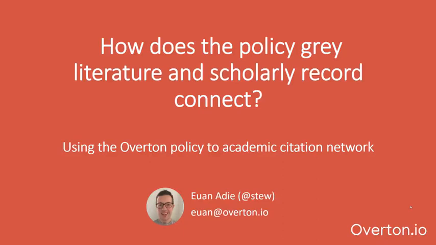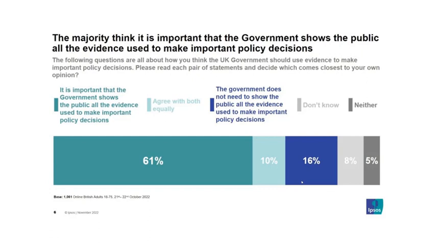My name's Euan Adie and I'm from an organisation called Overton.io, and today I'm going to talk about how the policy grey literature, the body of policy documents produced by governments worldwide, links back to the scholarly record. How does it connect? I'm going to speak a little bit about what Overton actually does and is later on,